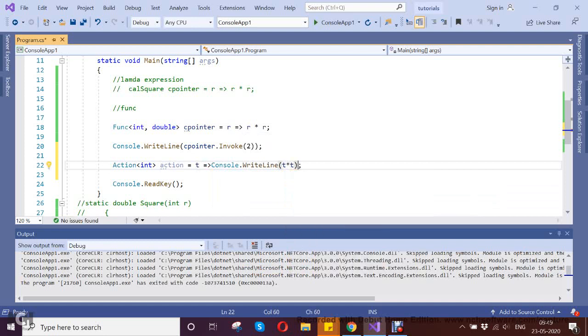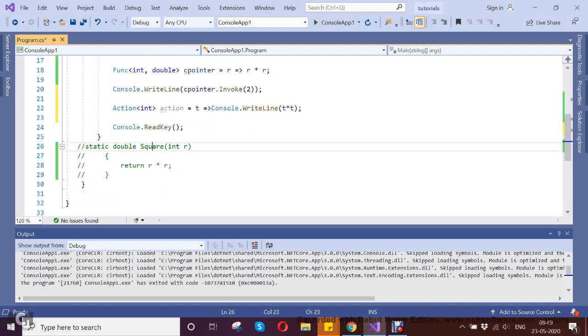In this case we are just taking the input, doing the square, and writing it to the console. With func, we invoked the function in the console write line and then got the result. But with action, we just declare it, and